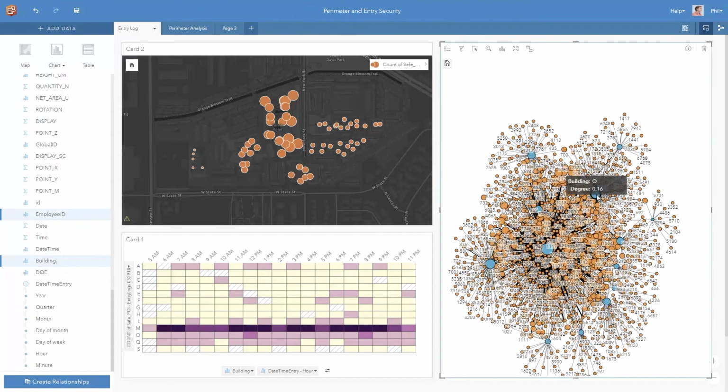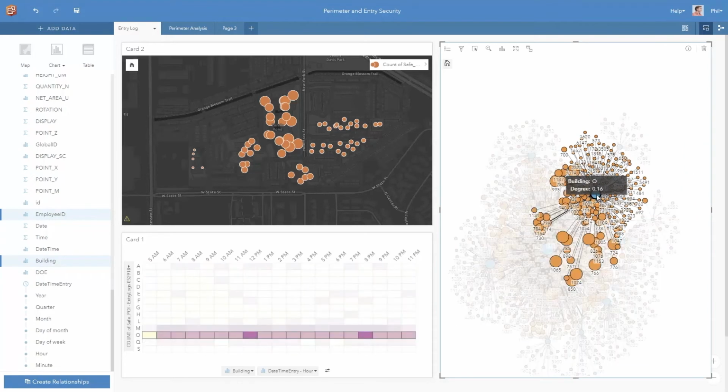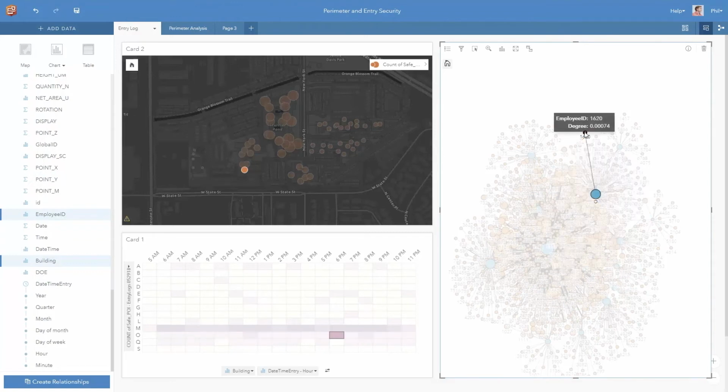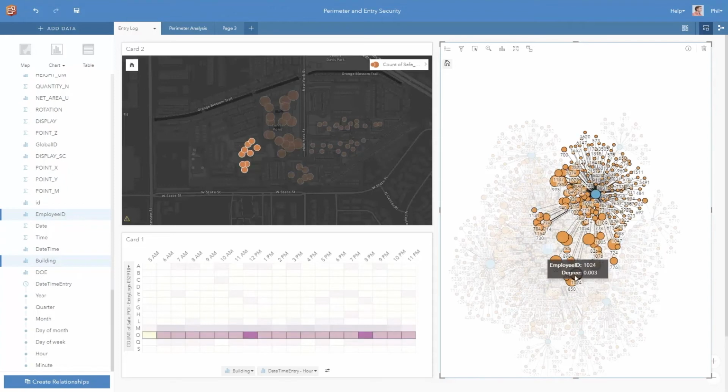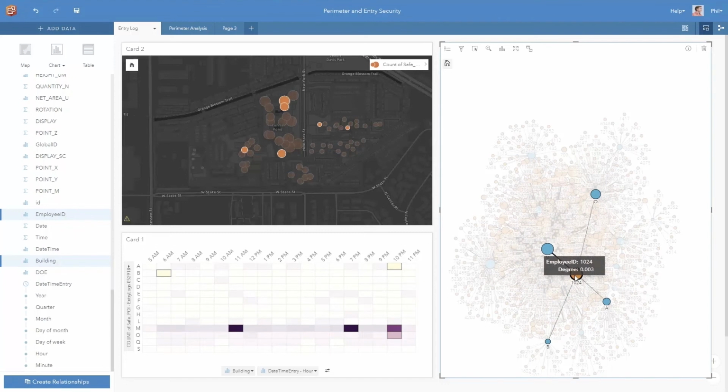So these blue dots are our buildings. And every time you click on a building, you can understand and see the employees that had entered it. All of these employees are sized by the number of times that they show up in the entry log statistics. So we have some employees that only enter building O, like 1620. But we may find that we've got some other employees that actually make their way around quite a bit to a variety of the buildings, and we can now see the interrelationships between this employee, the buildings that they visited, and the time of day that those buildings were visited as well, and we can also see that